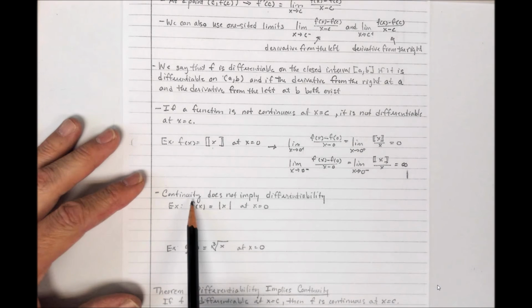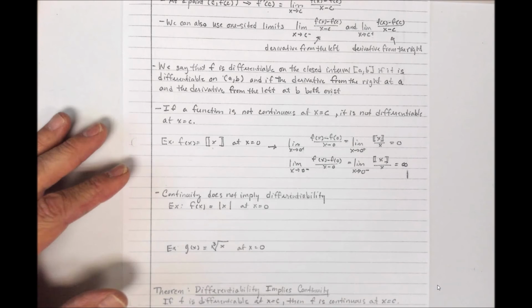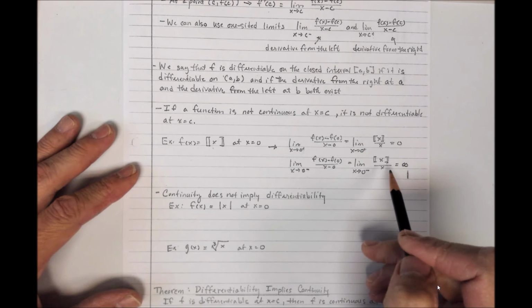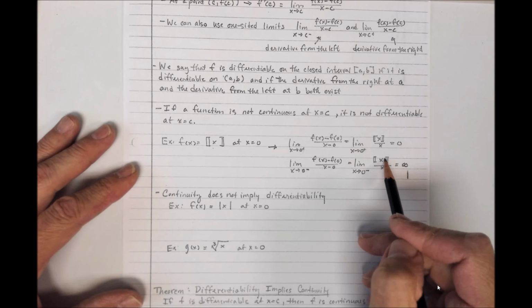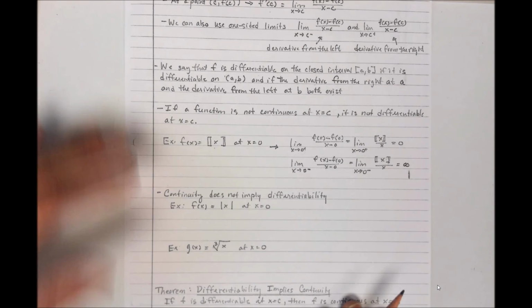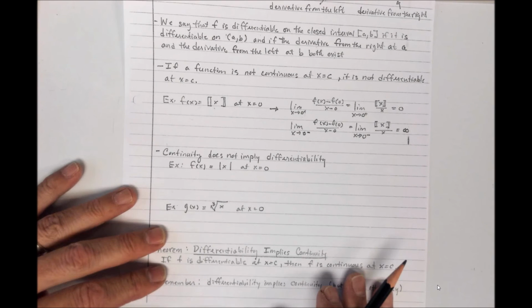Now, that doesn't look quite right. As x approaches 0, what's happening is x approaches 0 from the left. This is going to be -1. This is going to go to 0. Negative divided by negative is positive infinity. Yep, I got it. Didn't look right for a second, but it is. So continuity